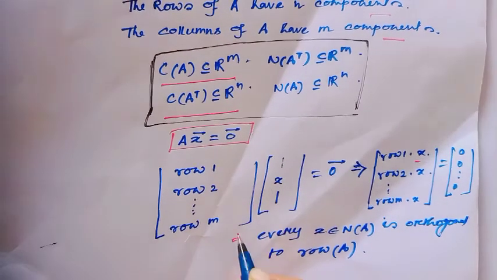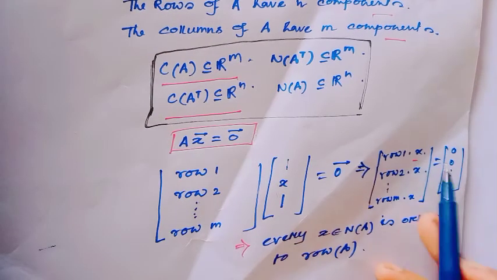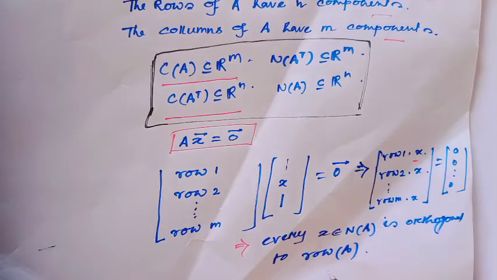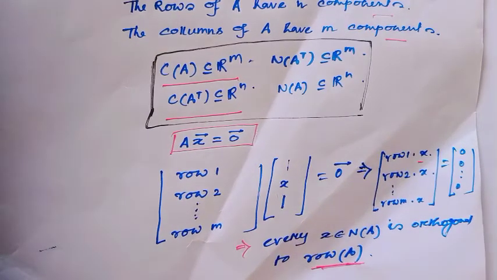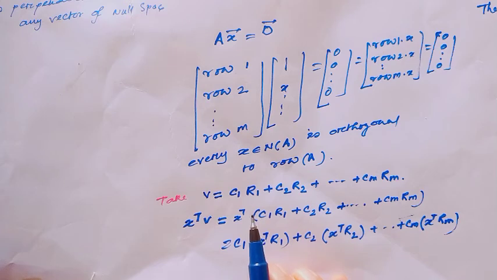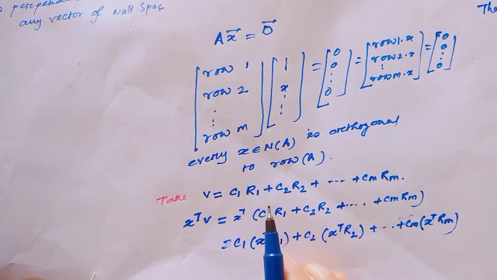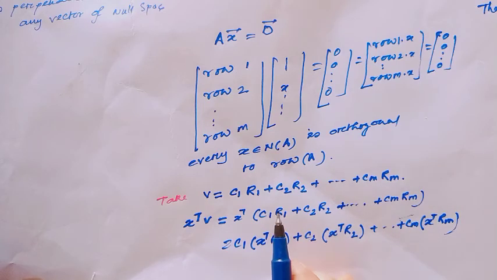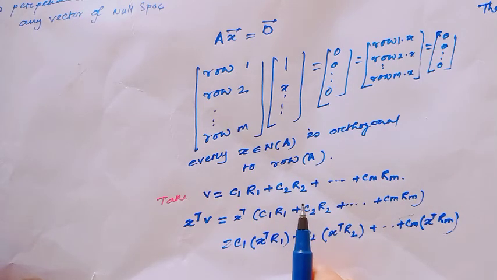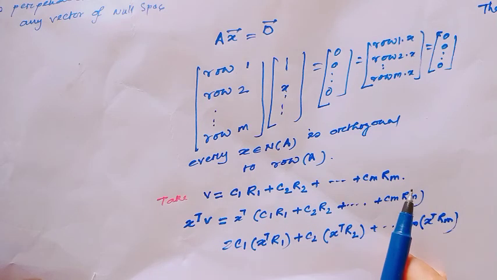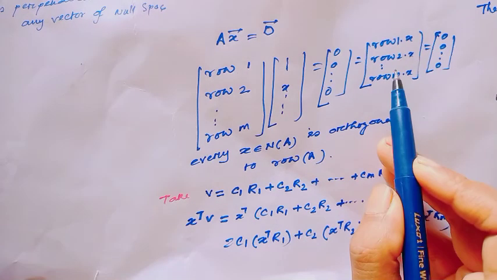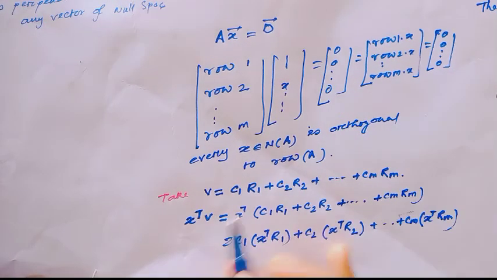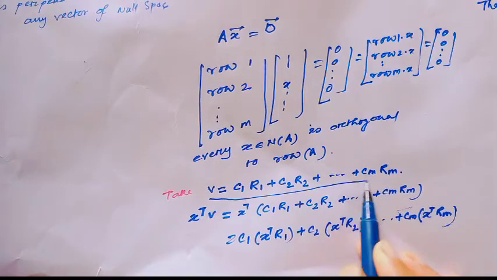And that implies obviously every x here, this x belongs to the null space of A, is orthogonal to the row space of A. And the idea is to consider an arbitrary vector which is a linear combination of row 1, row 2 and row m. That means the vector v equals c1 row 1 plus c2 row 2 plus cm row m. And since the dot product of each row with the vector x is 0, multiply this expression by